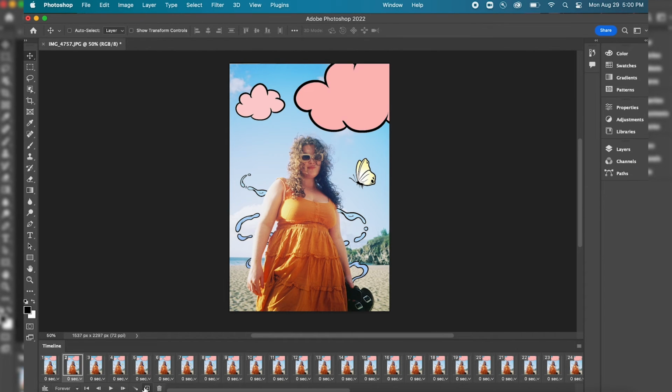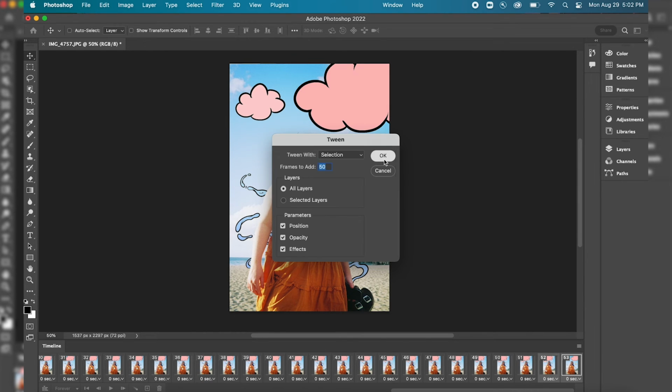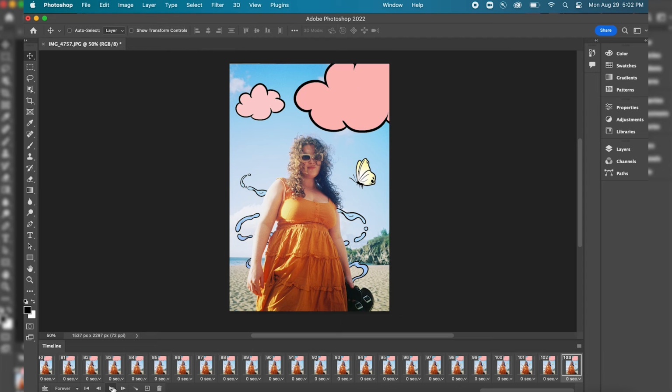To make the animation flow a little bit more, we will create a loop. Click on the very first frame and duplicate it again by pressing that plus sign. Drag the duplicated frame all the way to the end of the frame sequence. Make sure it is in the right spot and then using the Shift key, click on the duplicated frame and the one before that and tween them.